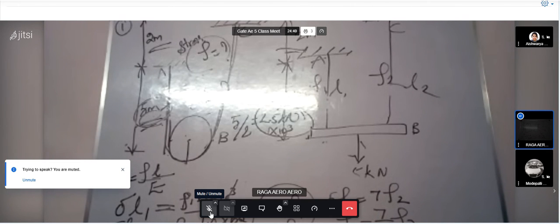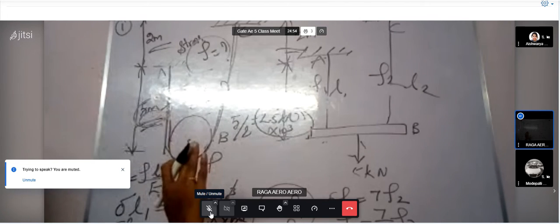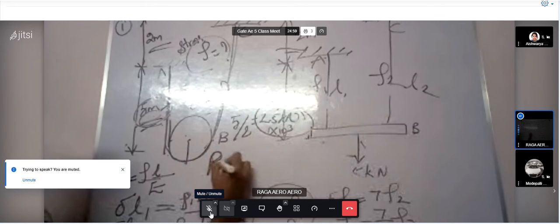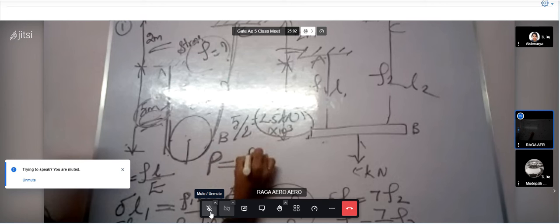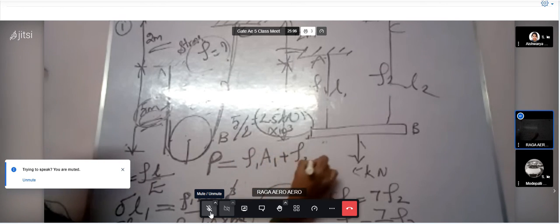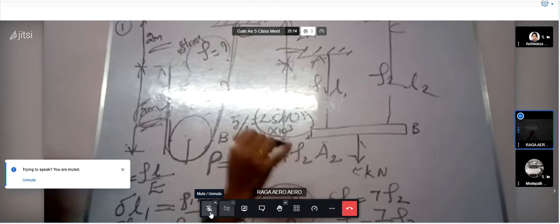Why we are taking this one is because we know that the total load is 5 kN shared by both the ropes. So therefore we are taking this. For this case we simply divide by 2. For this case it is not possible because it is with a block. So what we are taking, that block is stress 1 area 1 plus stress 2 area 2. Here stress is the unknown.